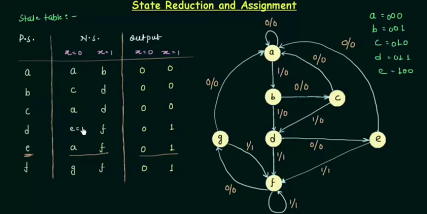Now I can write E equal to G here, and if I compare D with F, I can see the next states are same, G, F, and also the output 0, 1, 0, 1. So again D is equal to F, and hence I can eliminate F also. So I will remove F, and I think we have got the minimal possible state table. You cannot have the reduction furthermore. So this is the final state table and it can't be reduced further.